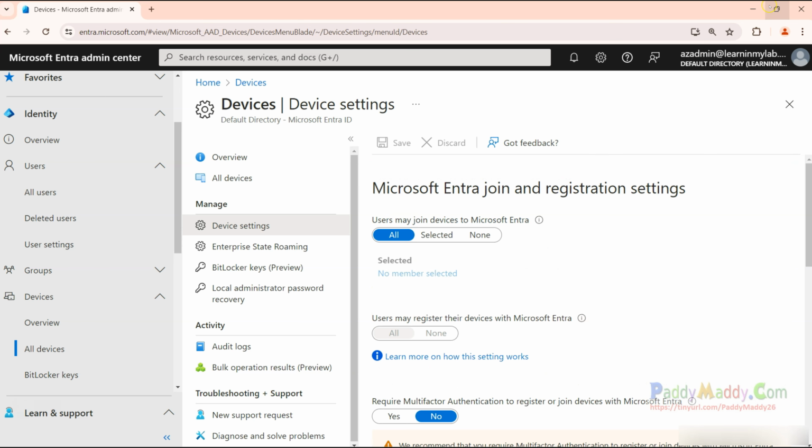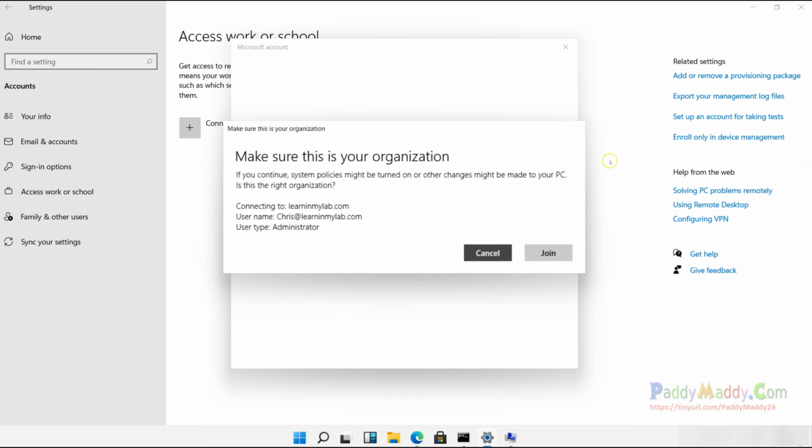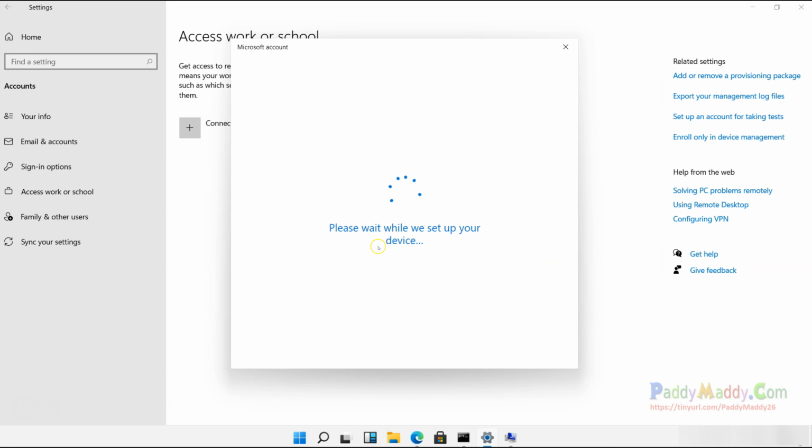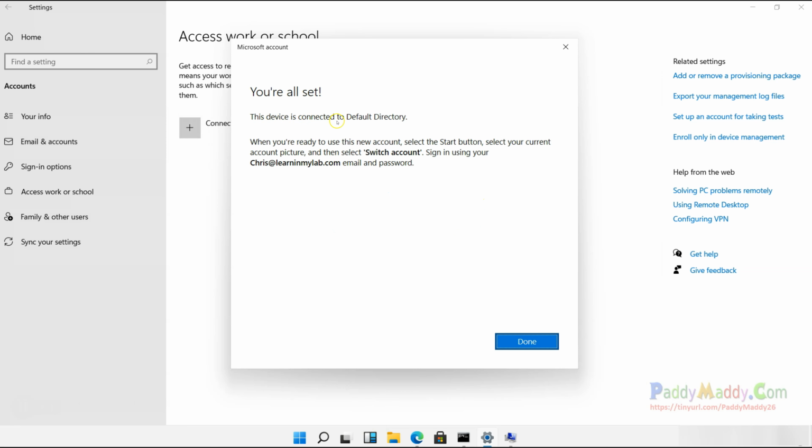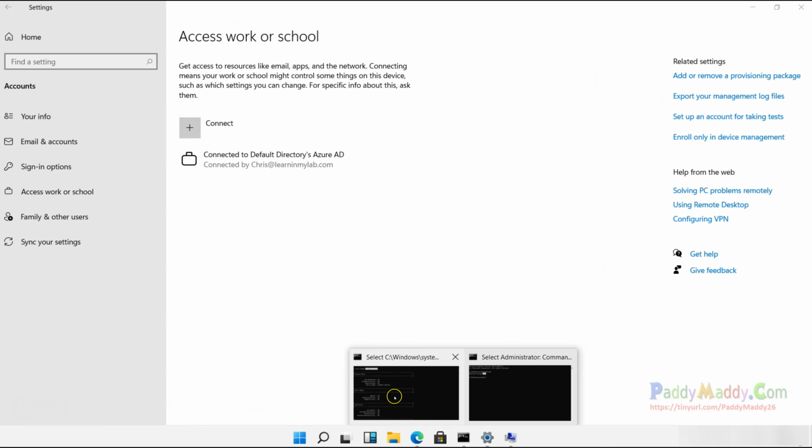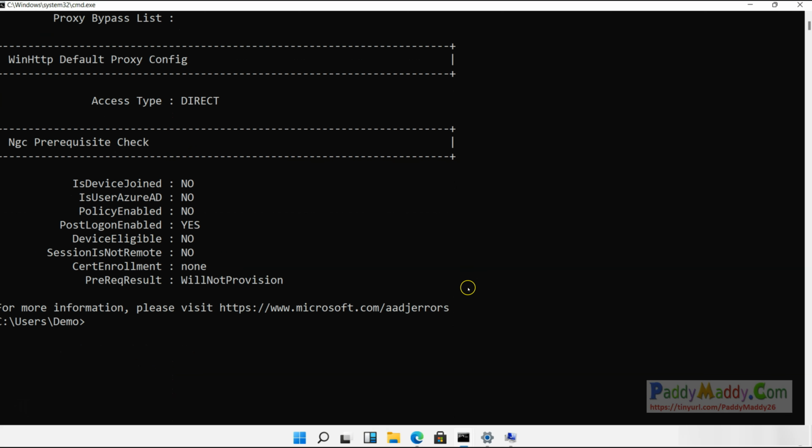Let's go back to the client device and click on join so that this device gets joined to Microsoft Entra. This device is connected to your default directory, which is learninmylab.com in this case. And if you notice here, the account is just now added. So you have to switch the account and sign in with Chris at learninmylab.com with their user ID and the password. So I'll just click on done, and I'll run one more time the same command and show you the